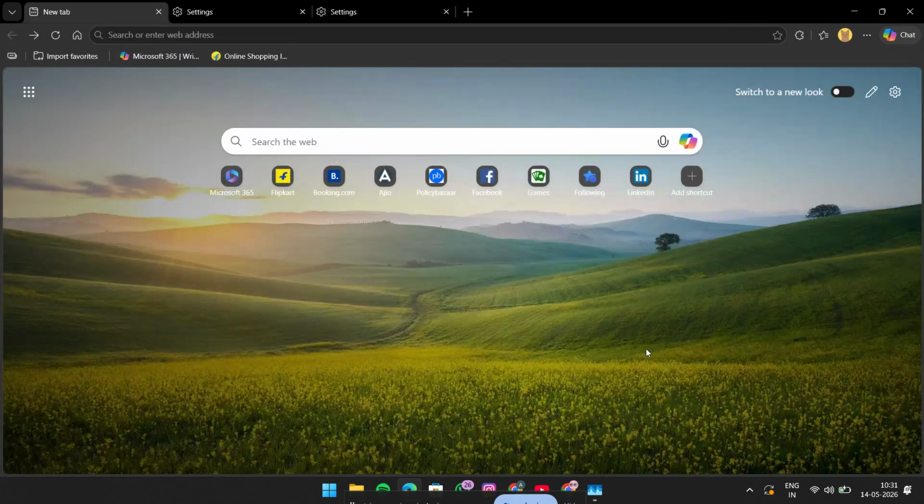In some cases, this small change can help fix lag, reduce crashes, or resolve visual problems that were being caused by graphics acceleration. If you're troubleshooting a browser issue, this is a great setting to check first because it's simple, safe, and easy to reverse if needed. And if you ever want to turn graphics acceleration back on later, just follow the same steps and switch the